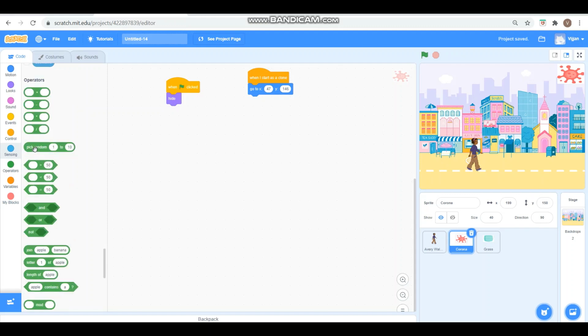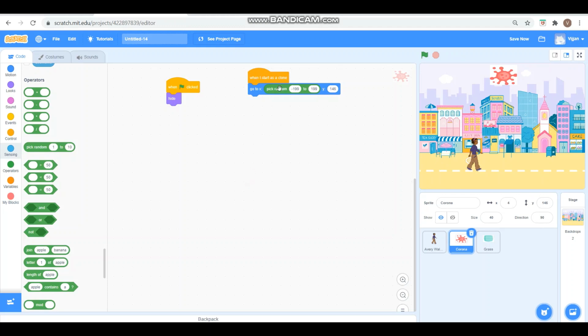So how will we do that? Here in the operators you can see there is a pick random. Pick random from minus 199 to plus 199, so that it will be moving around in this area.